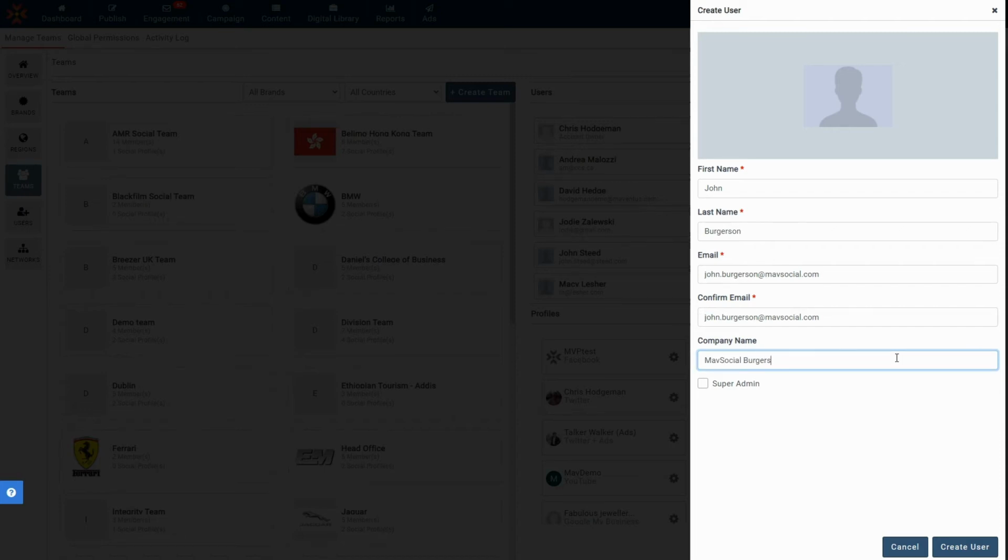You can also select whether you would like this user to be a super admin or not. A super admin has full access to all social media teams, brands, social profiles, and team admin access across the entire organization, with the ability to edit user permissions and more. Super admins are in every team. Once finished, finally click Create User.